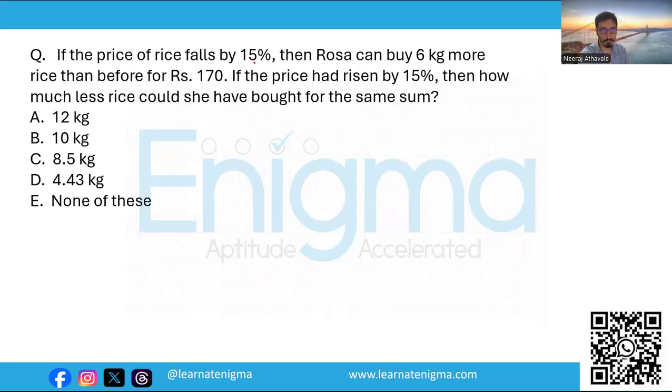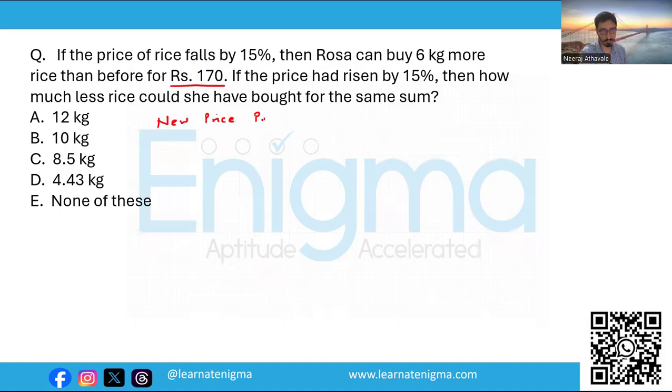If the price of rice falls by 15%, then Rosa can buy 6 kg more rice than before for rupees 170. If the price had risen by 15%, then how much less rice could she have bought for the same sum? Now, in such kind of questions, the total expense amount remains the same, as in this case it is 170. So to get the new price